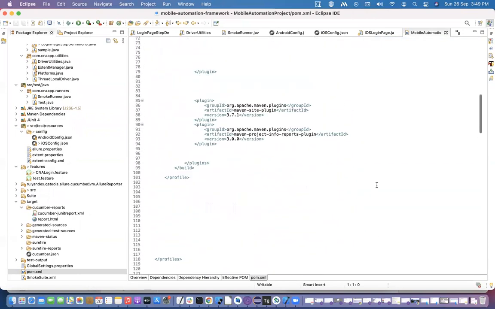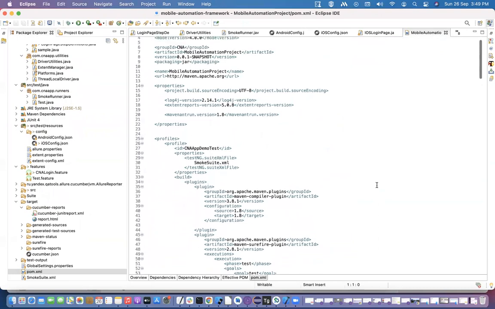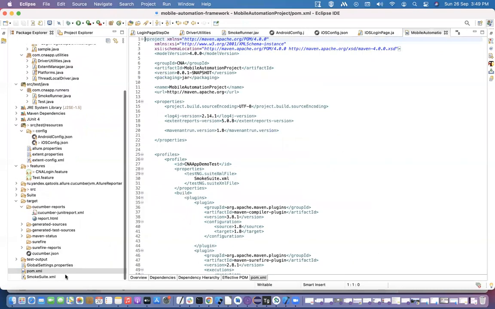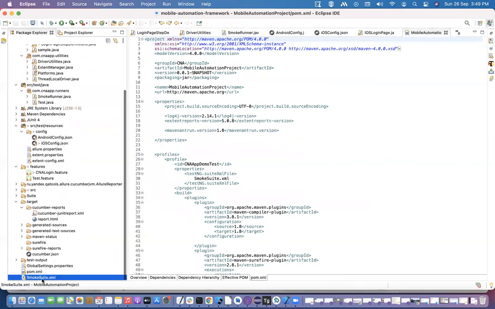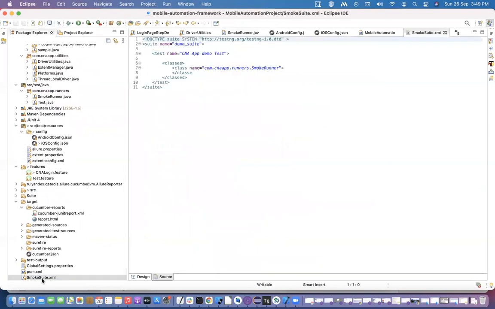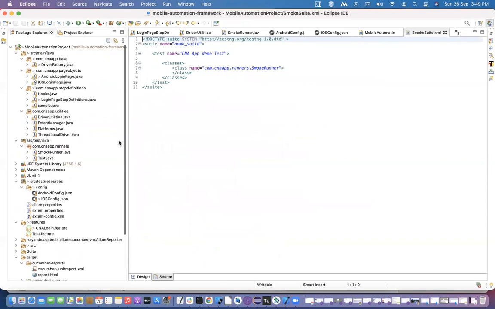Basically our script is written in Java, and we can create multiple XML suites. If we need to run only smoke testing or sanity testing, then we can integrate different groups.